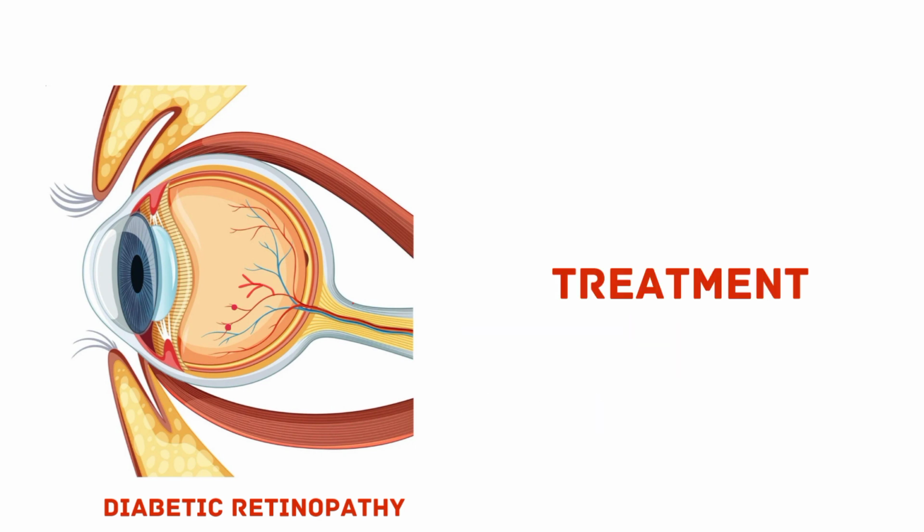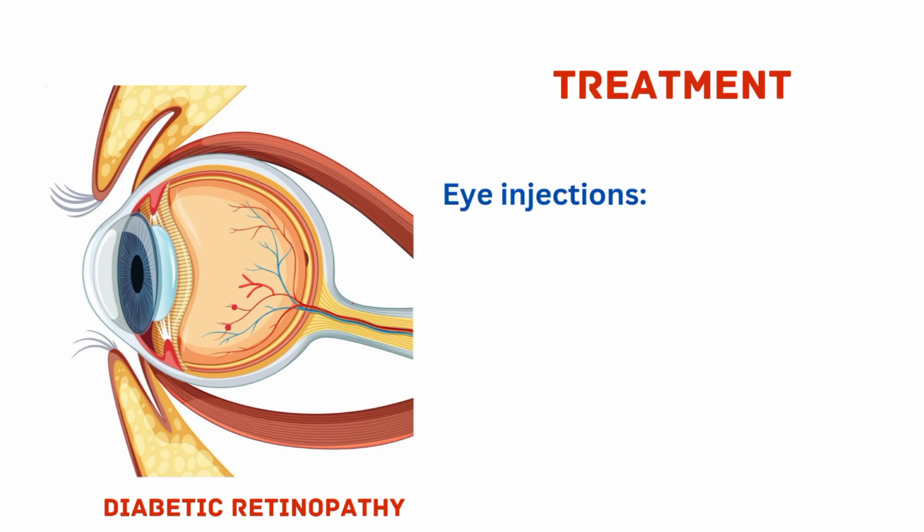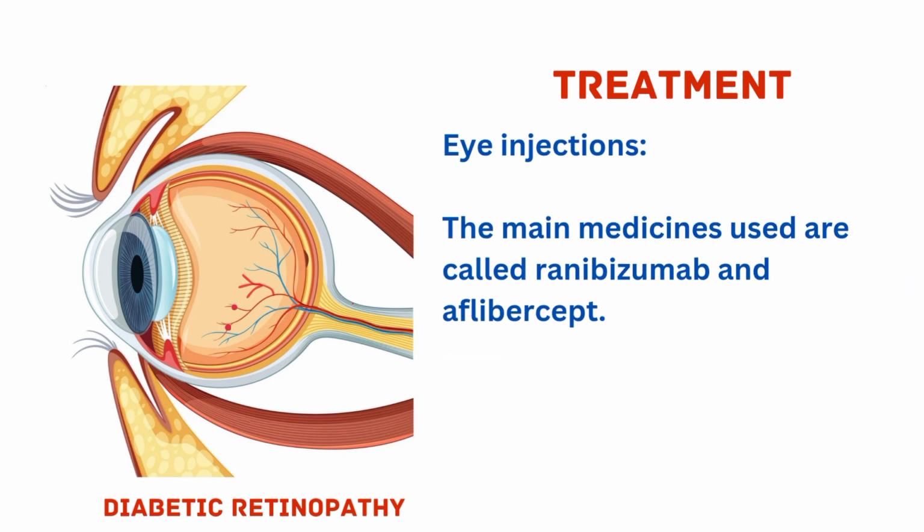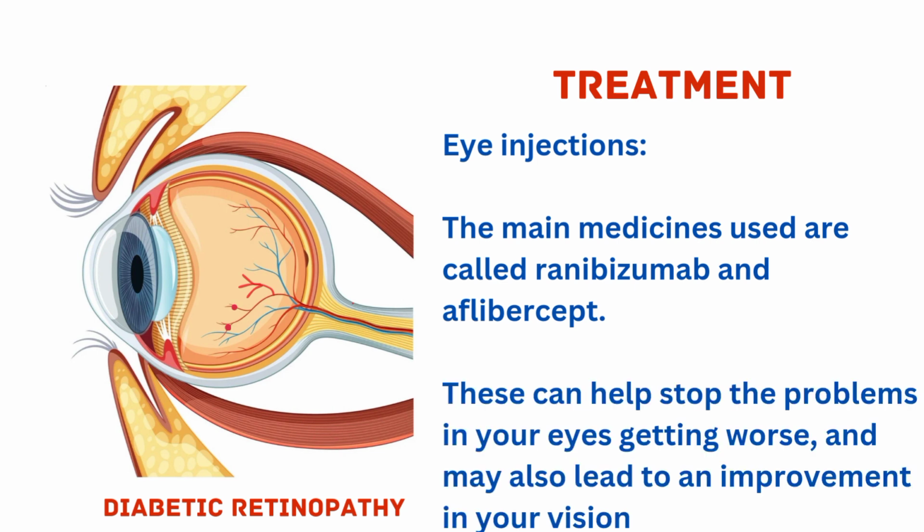Now let us discuss about the treatment. Eye injections. In cases of diabetic maculopathy, injections of a medicine called anti-VEGF may be given directly into your eyes to prevent new blood vessels forming at the back of the eyes. The main medicines used are called ranibizumab and aflibercept. These can help stop the problems in your eyes getting worse and may also lead to an